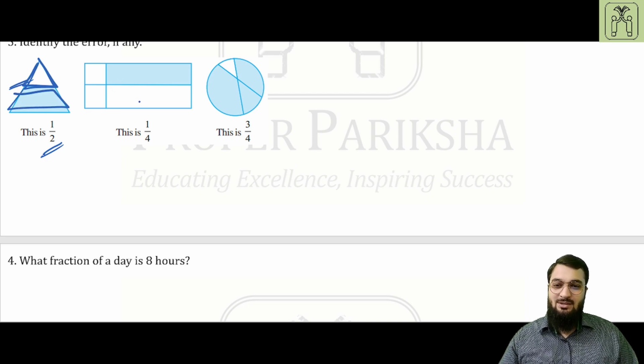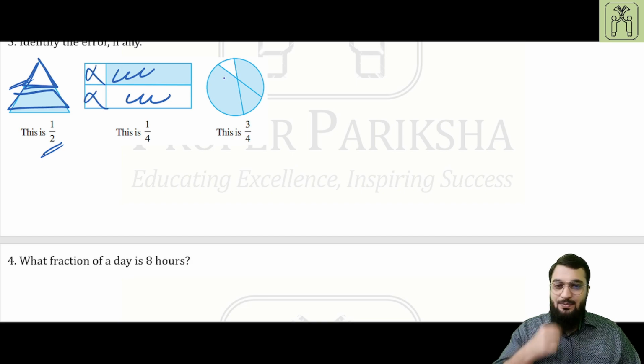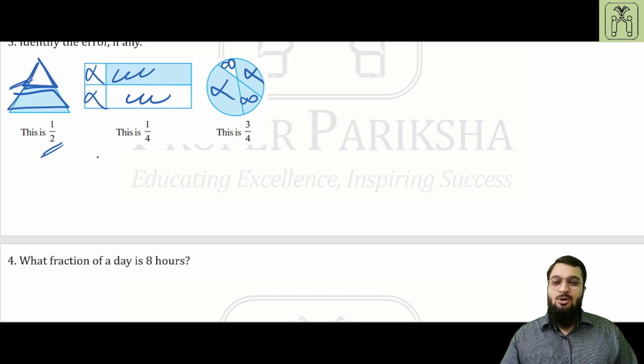Therefore, that is the error. 1 upon 4, this part is equal to this part but is not equal to these two parts. Similarly, 3 upon 4, this part is equal to this part but is not equal to this part. So all the three have the error that the parts in which